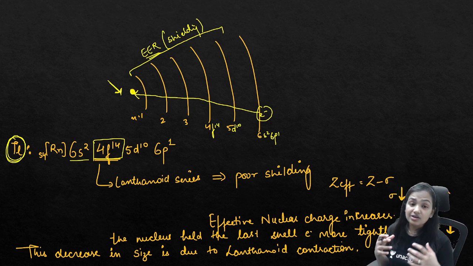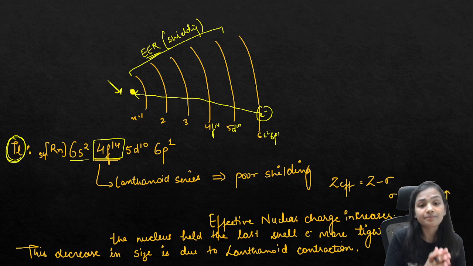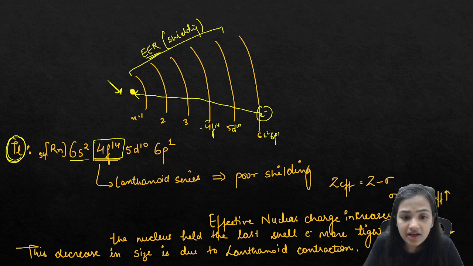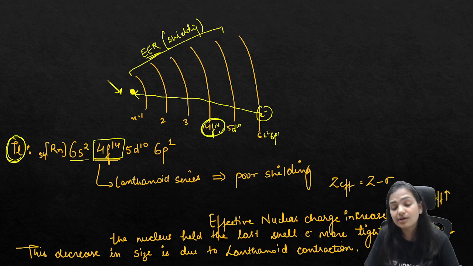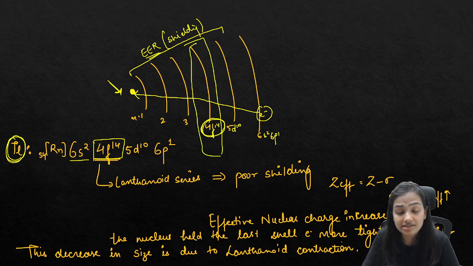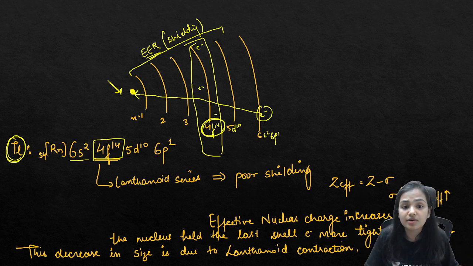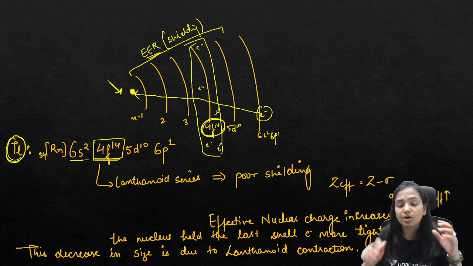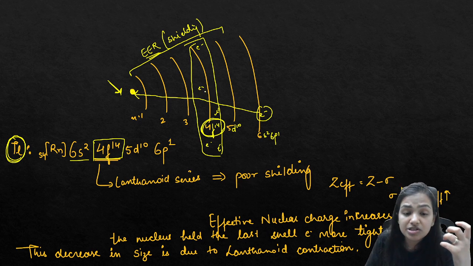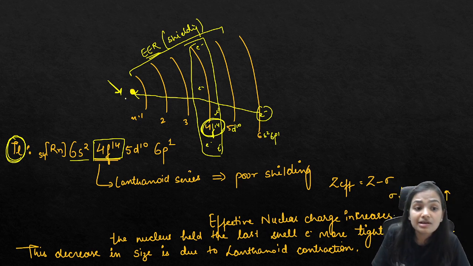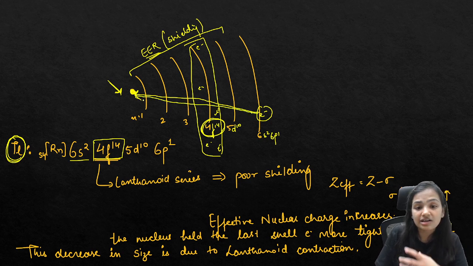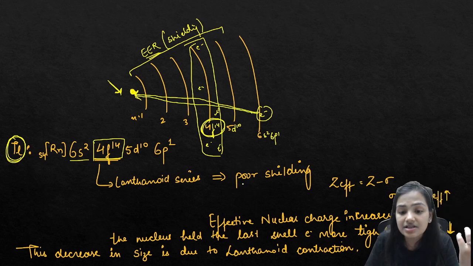so now we want to see whether they will be doing a good shielding or they will be poorly shielding. So guys, here we know that we have the 4f14 electrons, and the f orbital is so large in size. And if the size of the f orbital is so large and the electrons are so much away from each other, they will not be doing the proper shielding. And if they will not be doing the proper shielding, this nucleus becomes more powerful, and this will try to attract this electron more tightly towards itself. And so because of the reason, the poor shielding